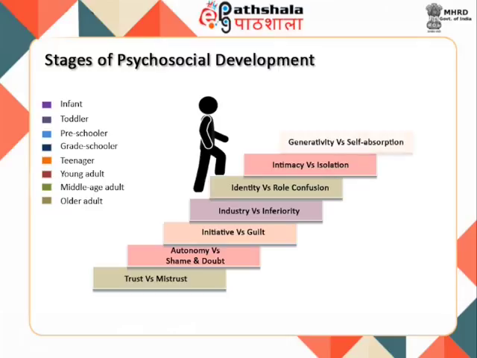Stage 7: Generativity versus self absorption. At this stage of adulthood, an individual focuses on providing the wisdom, virtues, joys, and skills accumulated to the next generation and shows more interest in the next generation than his own problems. Failure leads to inability to accept one's declining mental and physical state as middle age approaches.